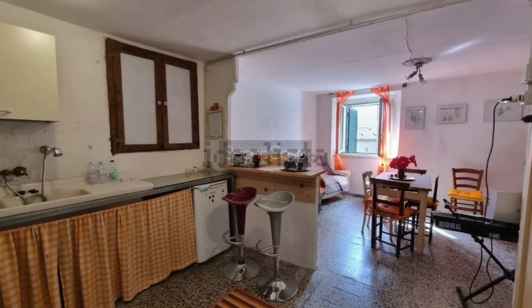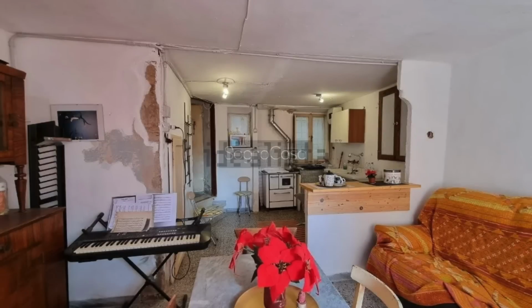And none of that's a real deal killer, but you want to be eyes wide open when you go into a place like this. Now, on the plus side, that kitchen and living room looks like it's very ample. And it seems like they spent some decent money on the furniture. At least it's stylish, and there's a dishwasher. So it's kind of a dichotomy. The place is a little jury-rigged, but they seem to have really taken care to make it into a nice